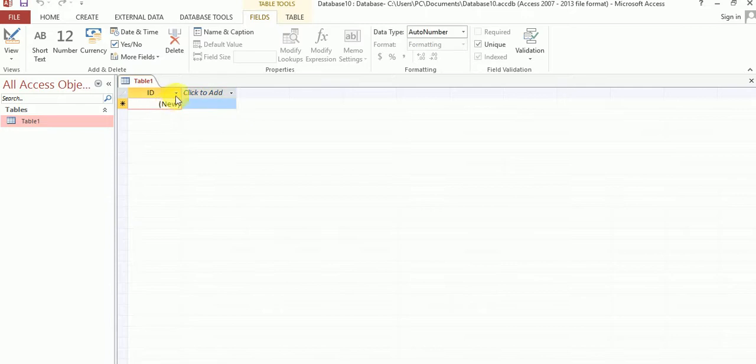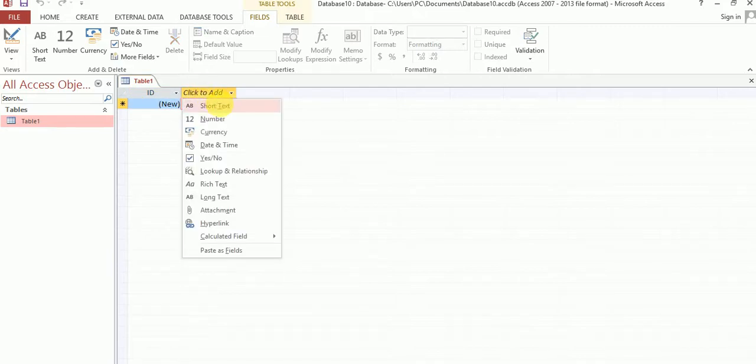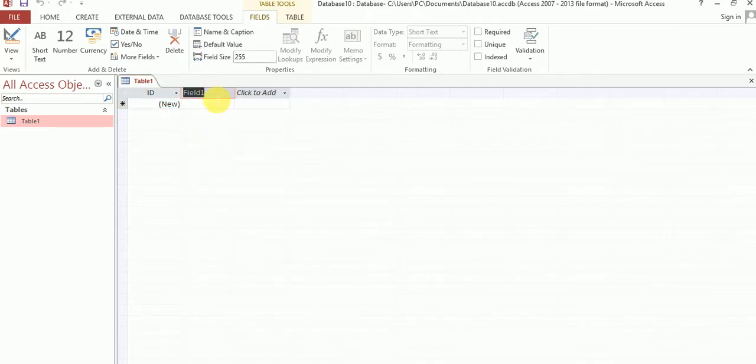You can see my table. The first column name is ID, and the row name is New. Let me insert a short text, suppose. The second column name is Field, and the second row is blank.